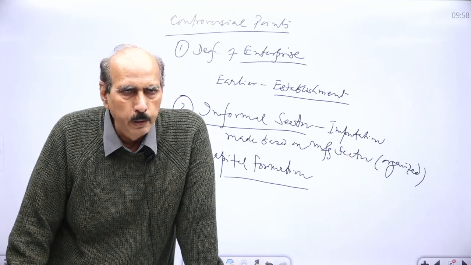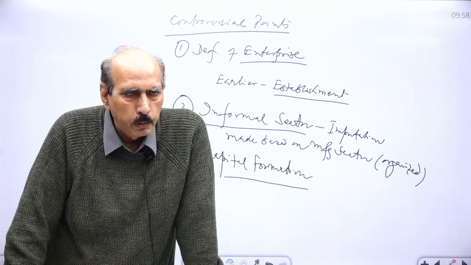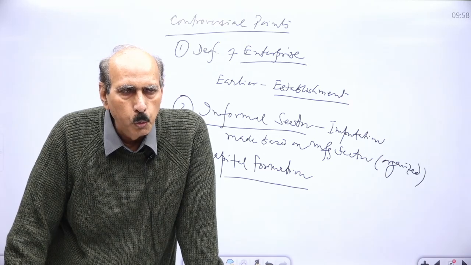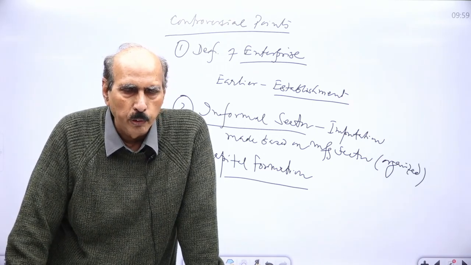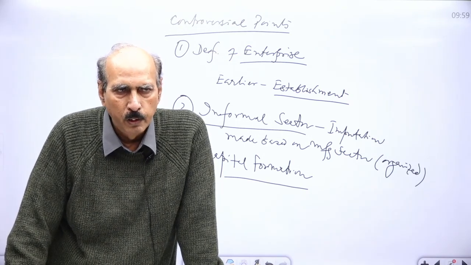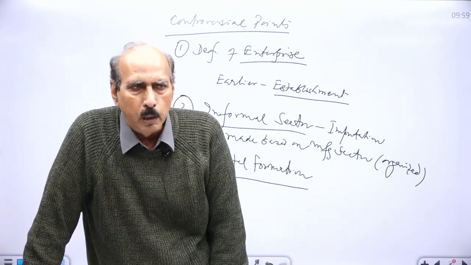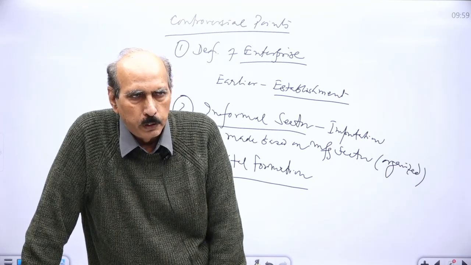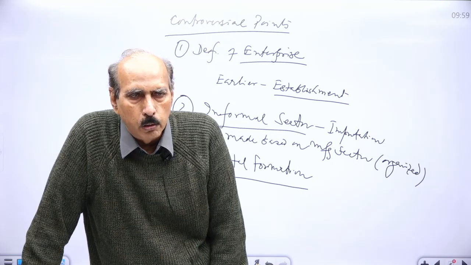Land is also counted here. Invest in land, plant and machinery. But in 2015, we have added two more items into this. That is biological resources, forest produce, or the other natural resources we have. That is also counted as a part of the capital formation. Second, intellectual property right is also counted as a capital formation.